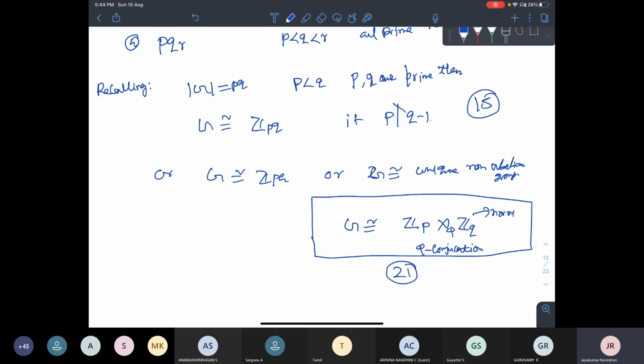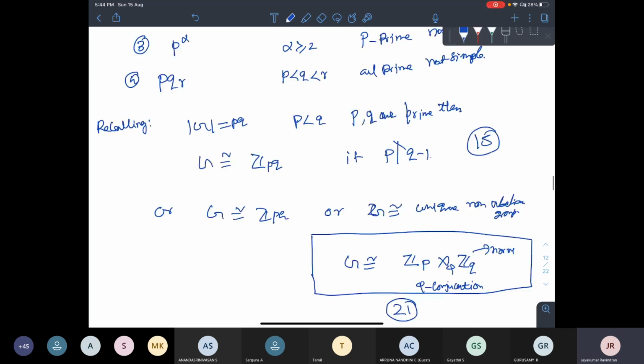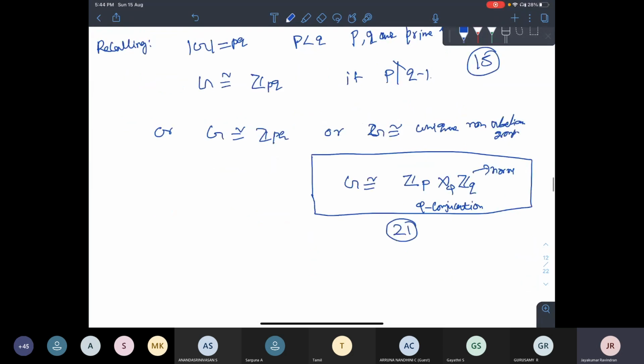If you see Michael Artin's book, he has a very nice construction about the group of order 21. He classified the groups of order 21, with a nice construction using matrices. My suggestion is to first try to understand that 21. Then you can get the feeling of the semi-direct product, and try to understand many things a little bit more, where P divides Q minus 1. And go on.